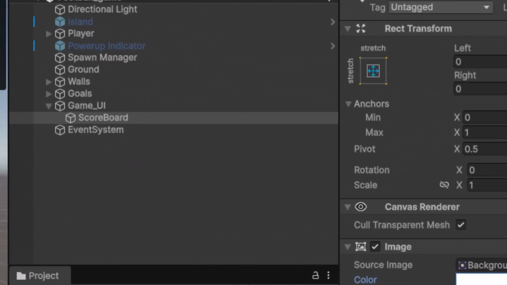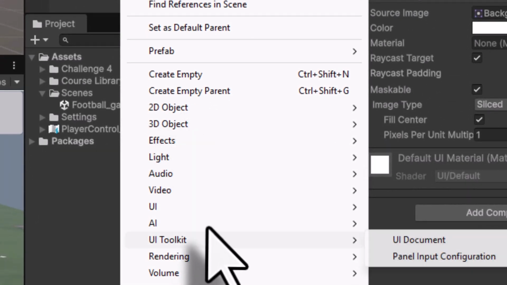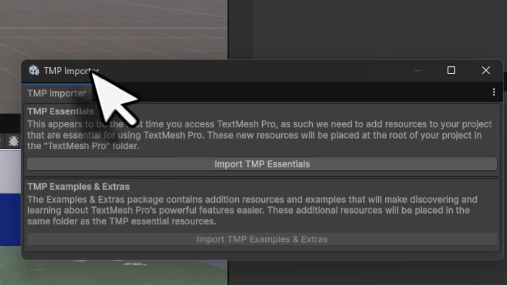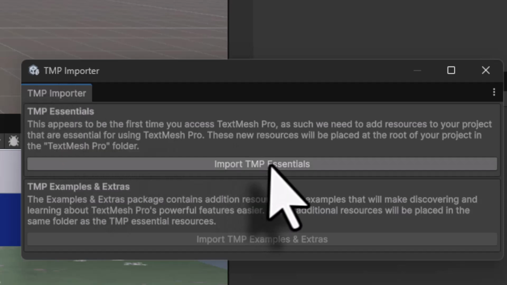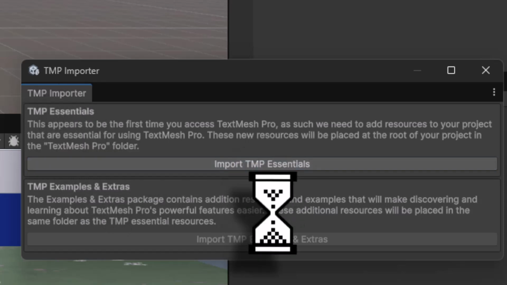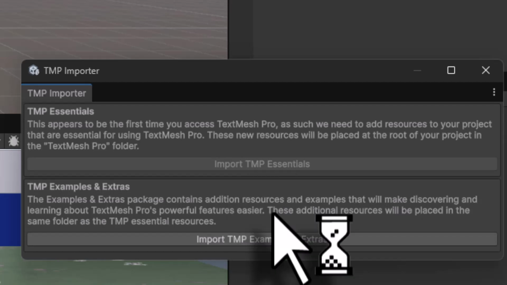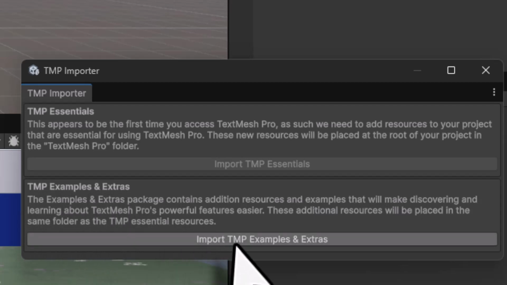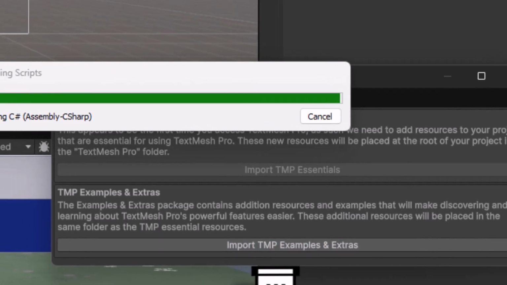Inside the scoreboard, first I am going to add a heading, the name of my game. So I will right click and I will again come into the UI, and I am now going to add Text Mesh Pro. The TMP or the Text Mesh Pro is by default not installed in Unity, and I have to import it. So now if I click on import TMP essentials, all this will be downloaded from the internet and imported, and if required you can also install TMP examples and extras by clicking here, but this is not